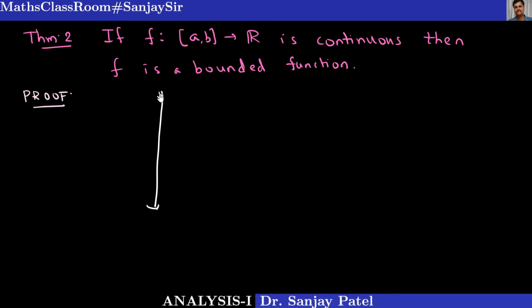We have this XY plane, x-axis, y-axis, and if you take a function defined in a closed interval, say closed interval A somewhere here, B somewhere here, and you take a continuous function on this closed interval, you can draw any continuous curve between these two limits A and B. So I can draw something like this, I can draw something like this. So if I draw a continuous function in this closed interval, in this way,